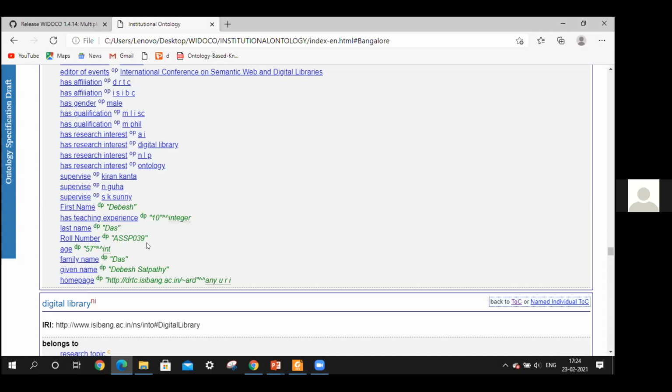So you can of course decide what particular data type you would like to use. So this is all about the modeling part. What this tool does is transform your OWL file, which may be in RDF XML format or in Turtle format. It transforms that entire data, whatever you had in the RDF XML file, into an HTML human-readable file. So whatever you have, you will see everything here.